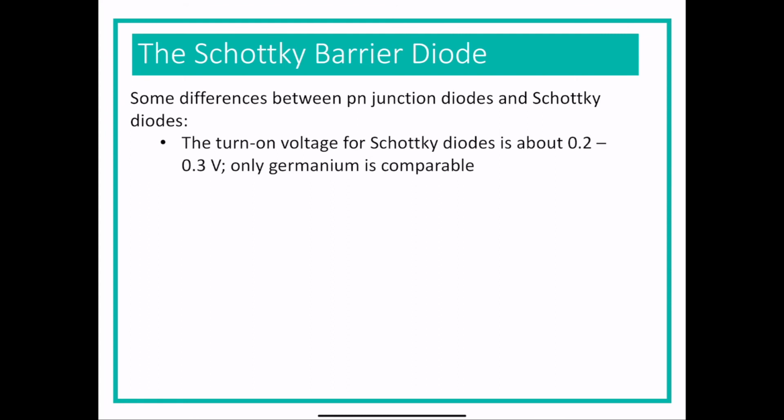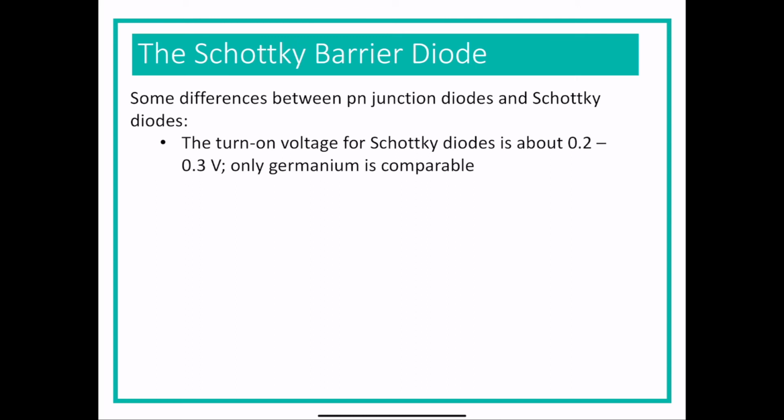Schottky diodes don't require as much voltage to turn on, usually 0.2 to 0.3 volts. Silicon needs 0.7, and gallium arsenide can use up to a volt. Germanium is the only one that is comparable, with a forward voltage of about 0.3, but as we've talked about earlier, germanium is not always the best material to use for a diode. It's expensive and difficult to find,